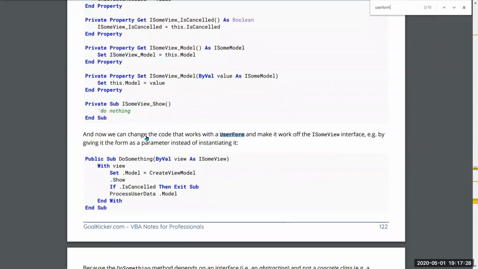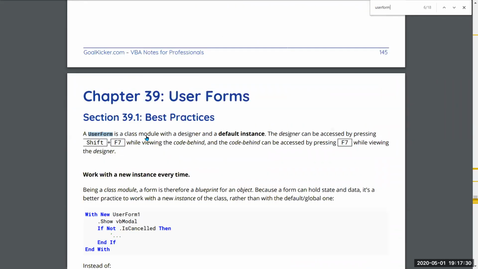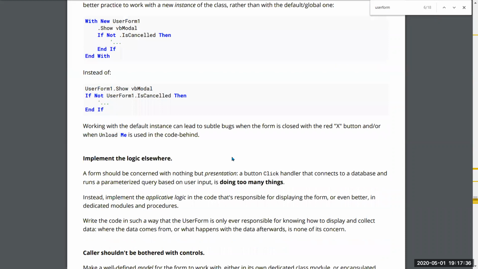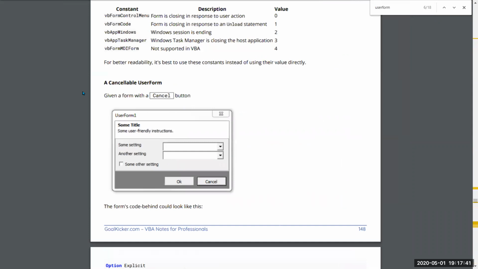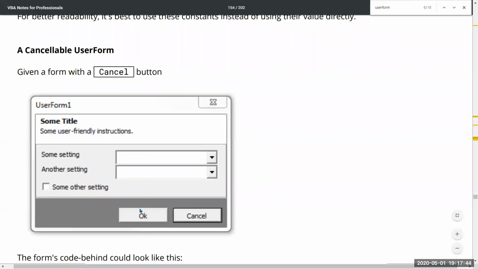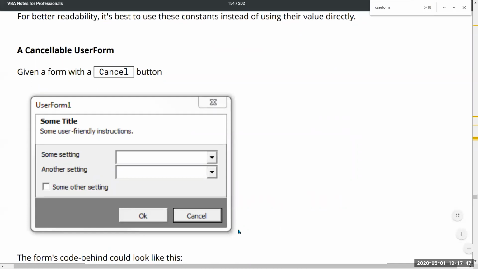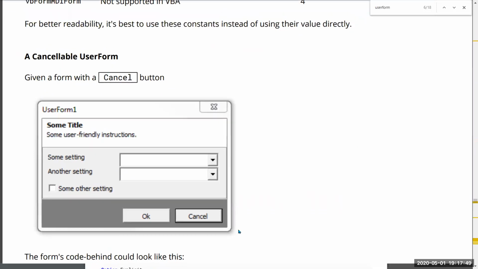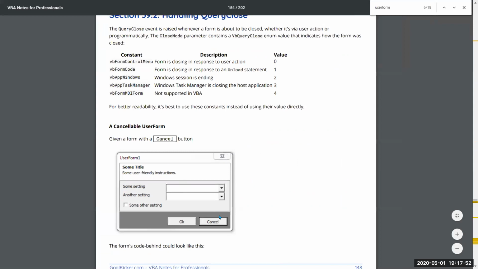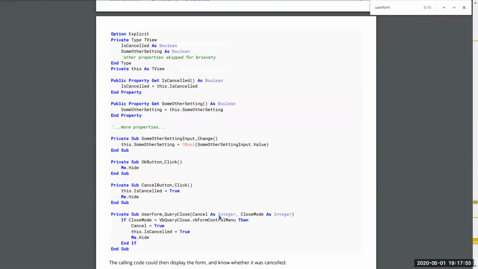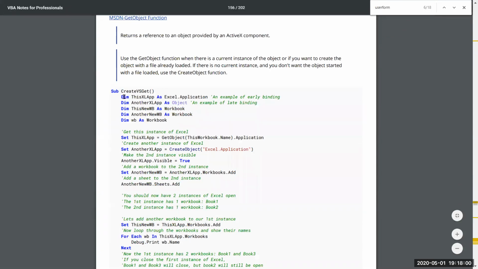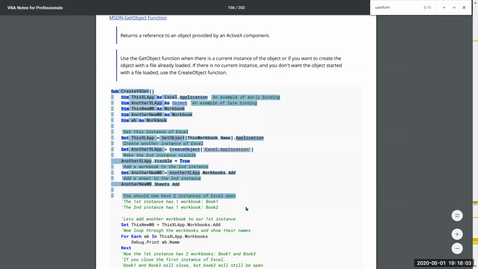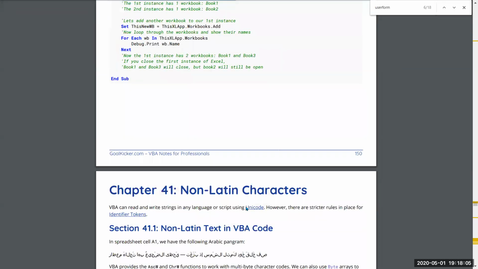So if you're searching for user forms, you can even search where all user forms have been written, right? So like this is a best practice for user forms. And they've given different ideas of how, like this is a user form that has been created along with a cancel button. So all the user forms that I showed you, if you remember, only had an OK on it, but this is how you can create a cancel button as well, right? Like this. And see, all of these can just be copied and pasted. That's the best part. You don't have to learn anything, but you should, because otherwise you will never be able to modify them.